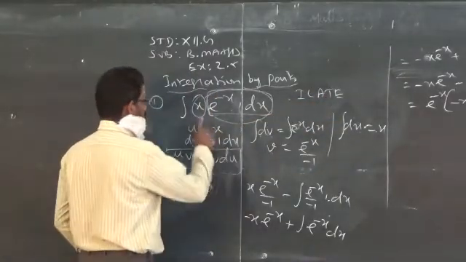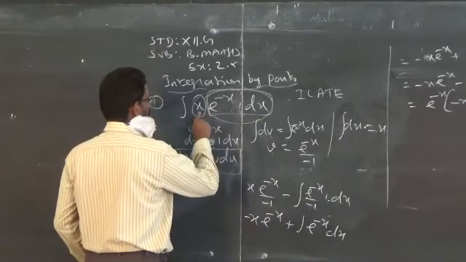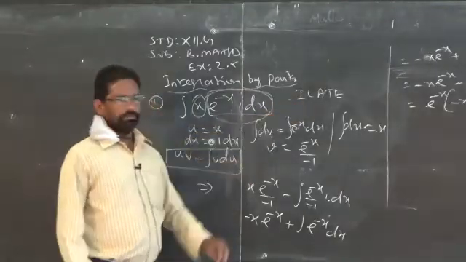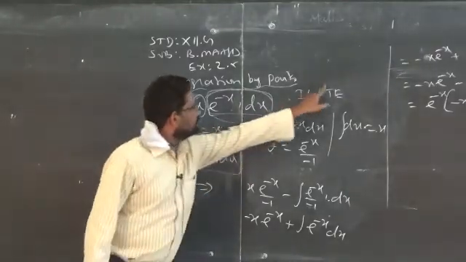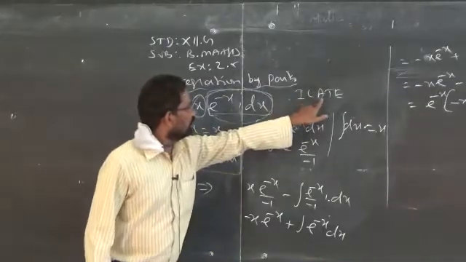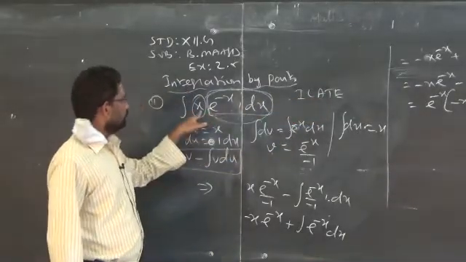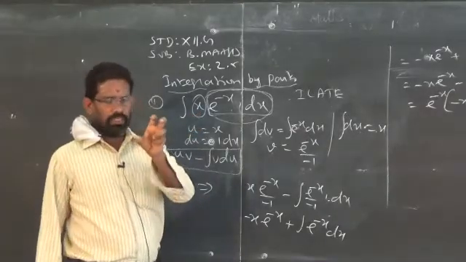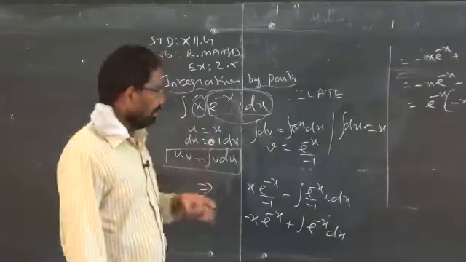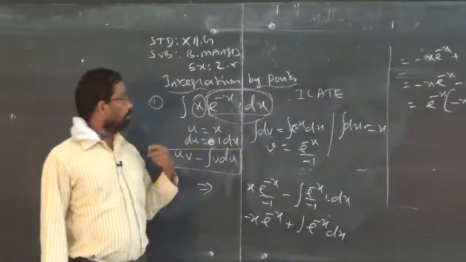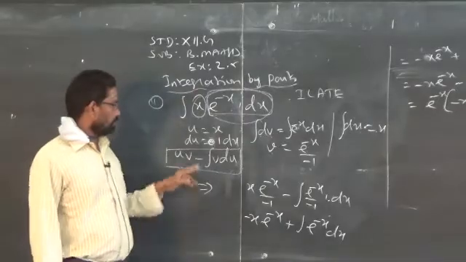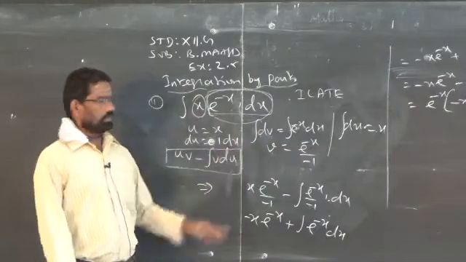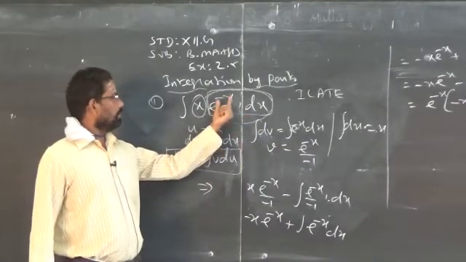So you may have doubts, sir, both have direct integration formulas, then why do you consider one as u? In such a case, you have to use ILATE. In that, A is algebraic expression, therefore you take u is equal to the algebraic expression, that is x. Normally, if any integrand consists of the variable x with a positive power, not negative, you always take u is equal to x, x power 2, x power 3, whatever is given in the question. Then the remaining part is e power minus x dx.